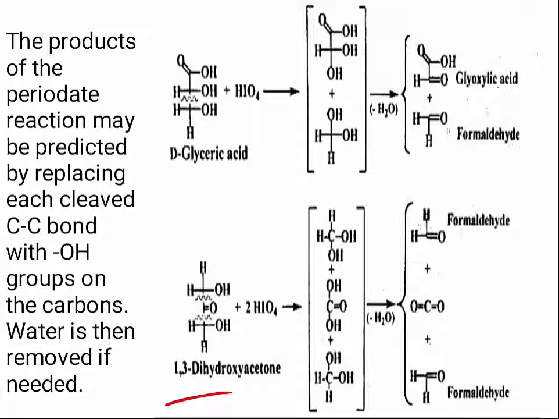This one is also similar. In case of this, you have to break these two bonds, because this is an OH, this is a keto group, and this is another OH. So all three groups are reactive towards the periodate oxidation. So these two carbon bonds will be broken, and then